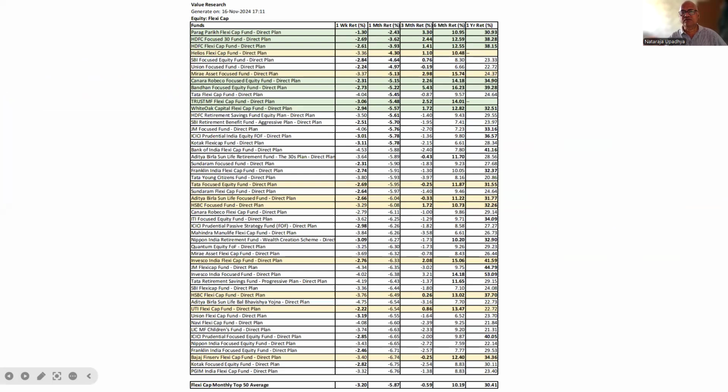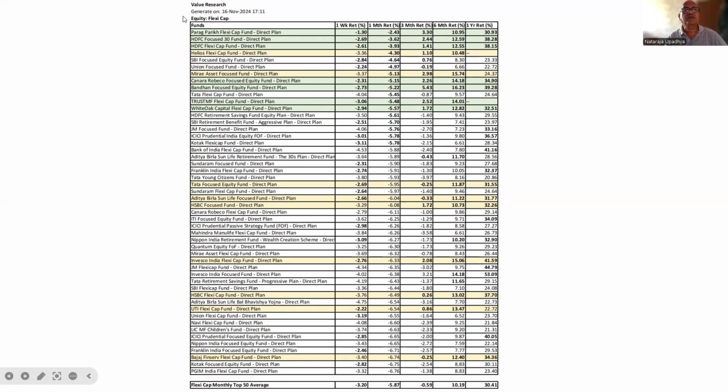Next is Flexi Cap funds. They gave an average annual return of 30.41, but negative return for 1 week, 1 month, and 3 months basis. And among the ones in green, the best annual return is by, let me read it out, Bandhan Focused Equity Fund at